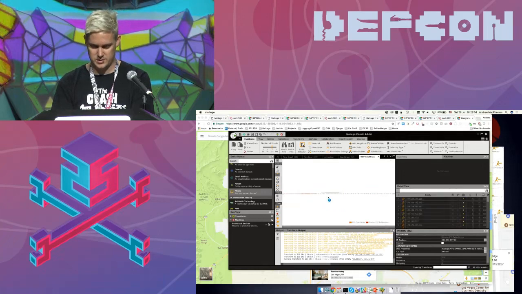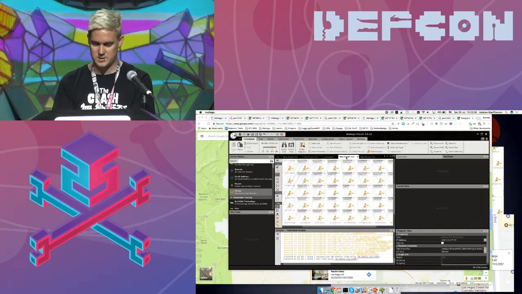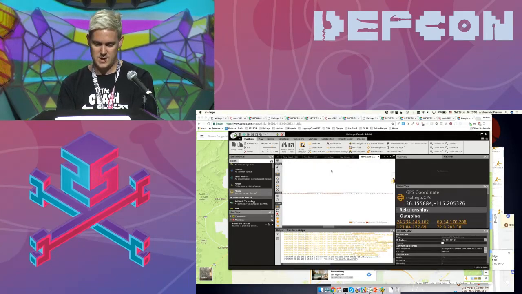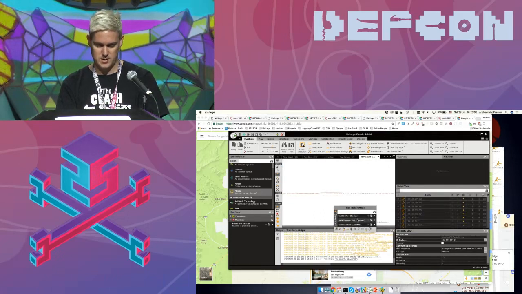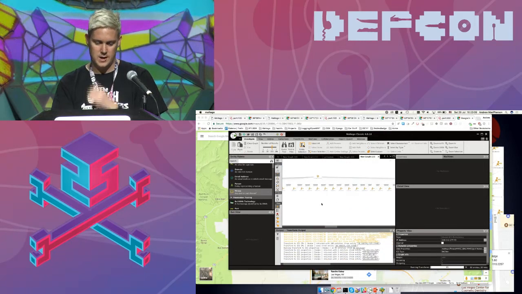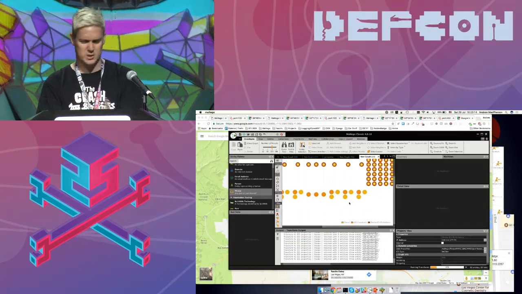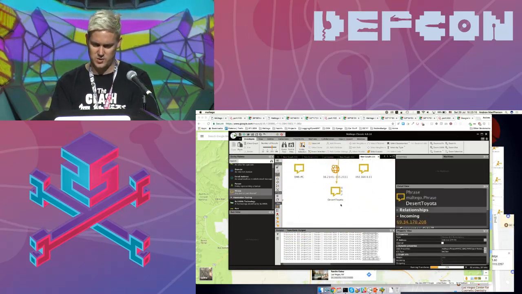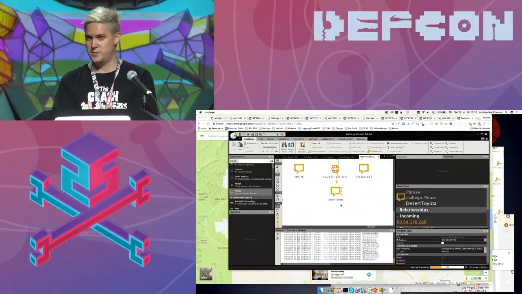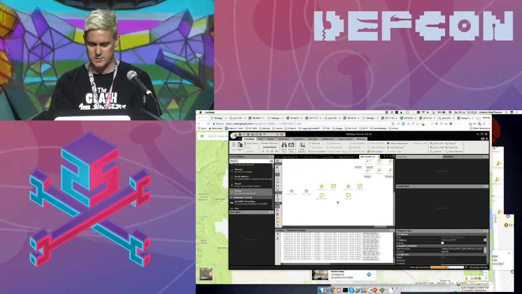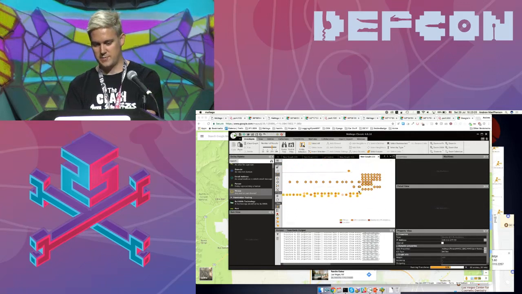So I'm going to select those, and now the other graph came back. See, the demo does work. It just takes really long. But here I can say, okay, I've got these ICS devices, and I'm going to pull out the exact coordinates, right? So I want to see these particular coordinates, and now they're coming back, and that will give me information about it as well. So we'll try to pull up more than just GPS, like stuff that says Desert Toyota, no idea what that means, but that's filled in on the PLC, right? So whatever they have, or whatever kind of device it is, they've got. So that's running there and pulling out all of those.